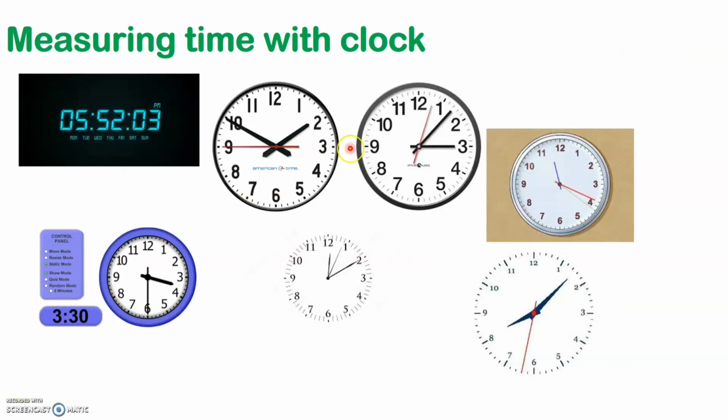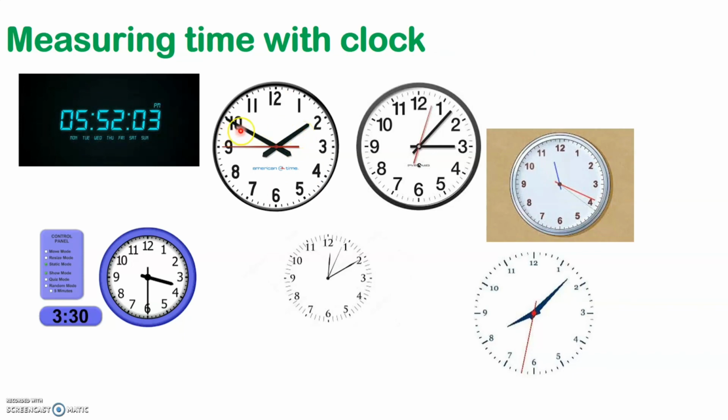Now look into this clock here carefully. Here we have an hour hand, that is the smallest hand or short hand. Then this long hand is called the minute hand, and this thin hand is known as the seconds hand. Now for this hour hand to complete 1 full round and reach again the same point, it takes 12 hours. For example, as you see, this hour hand is pointing towards 2. For this hour hand to move slowly and then complete 1 full round and reach again at 2, it takes 12 hours.